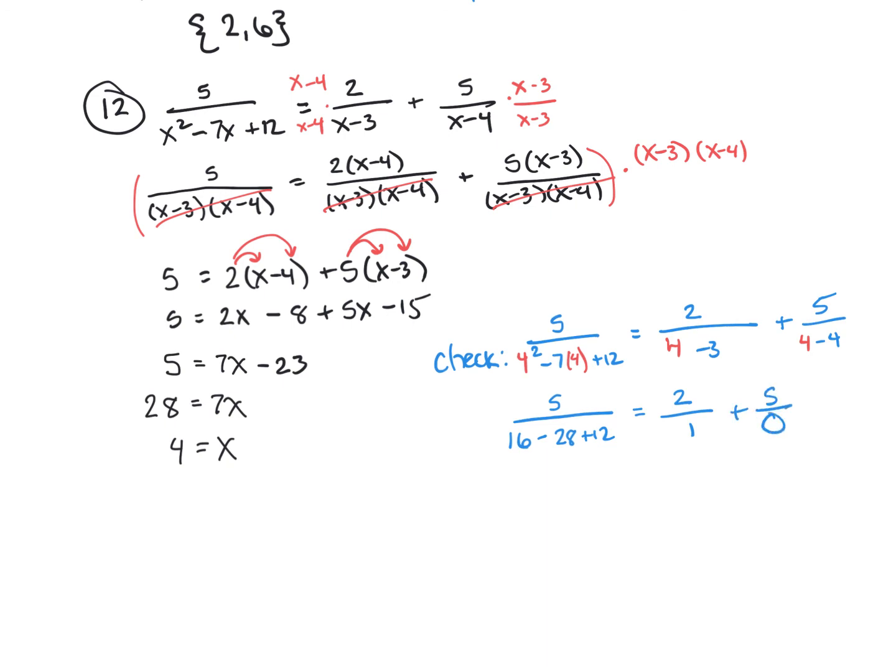Now I take a look right here and I'm like, ooh, we're not supposed to divide by 0. That's something really bad. We've talked about this a lot. So for right here, we cannot divide by 0. So we know that, hey, yeah, we were able to go through and solve for 4, but if we were to plug in 4 and use it as our actual x value, we come up with something that's undefined, that's not supposed to happen. Well, this isn't a case of an extraneous